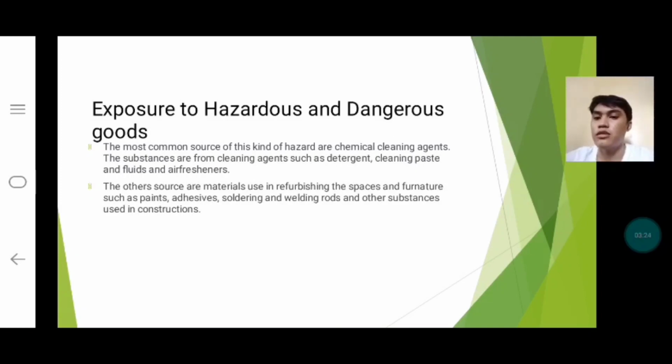Now, it is important to use personal protective equipment such as masks, gloves, goggles, and the right clothing and footwear for the safety of the employees involved in these activities. These chemical cleaning agents can be inhaled, ingested, or absorbed through contact by the workers and staff, so we use PPE.